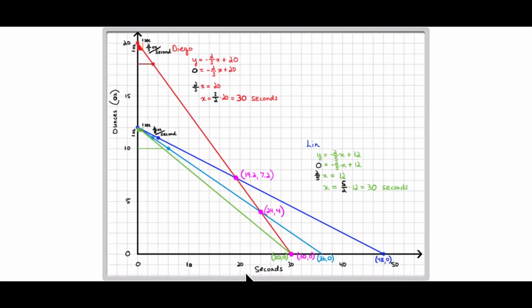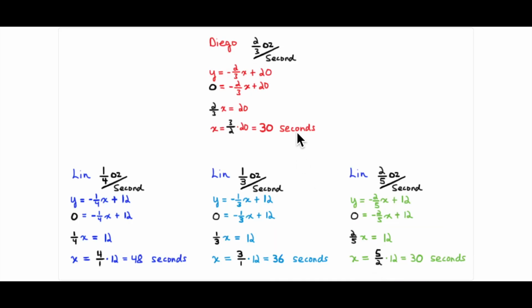And then Diego is here at 2 ounces in 3 seconds. It's just useful to look at the relationships and compare. So here are all of them again together. Another pattern or relationship to look at is how long does it take to drink each milkshake at these different